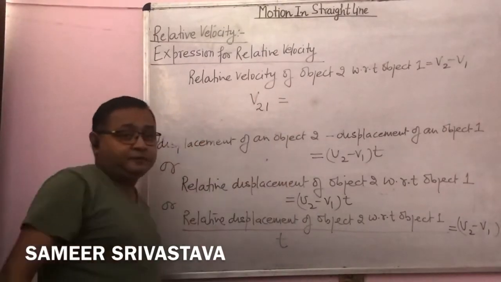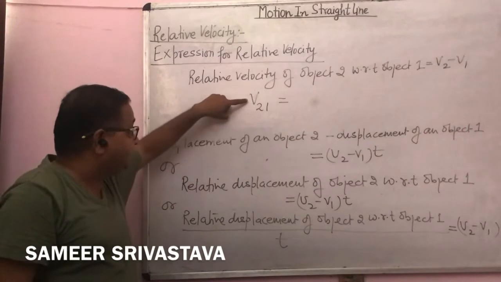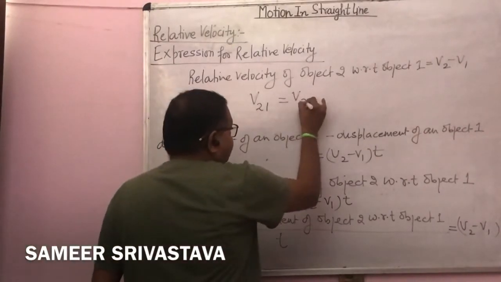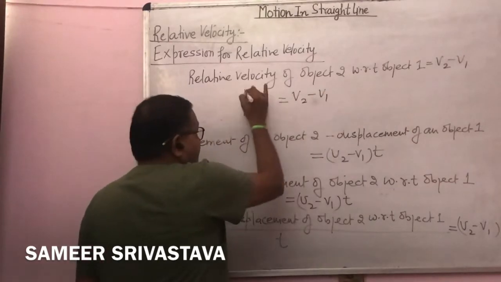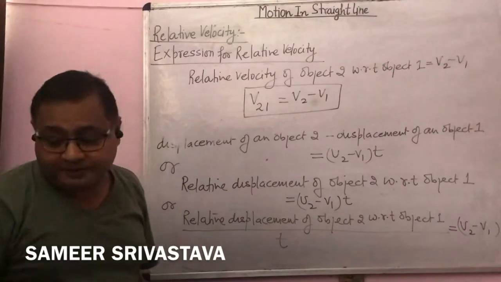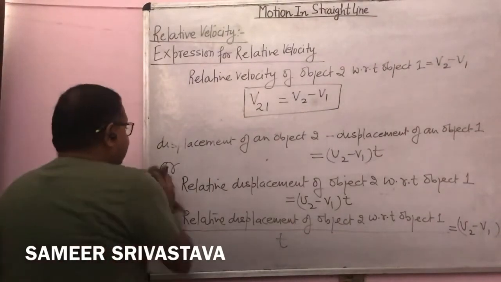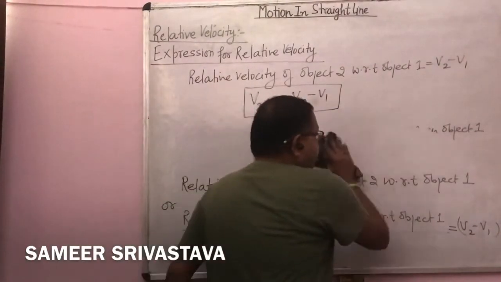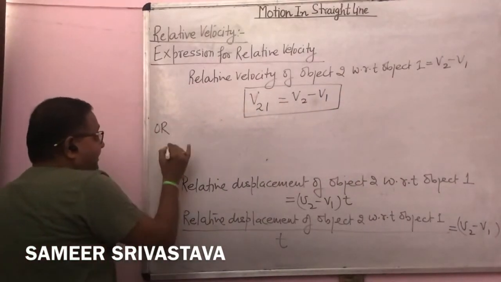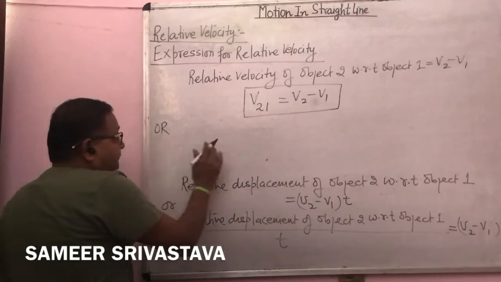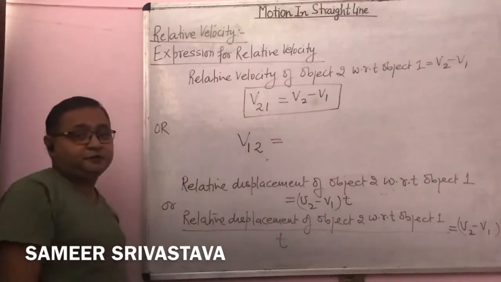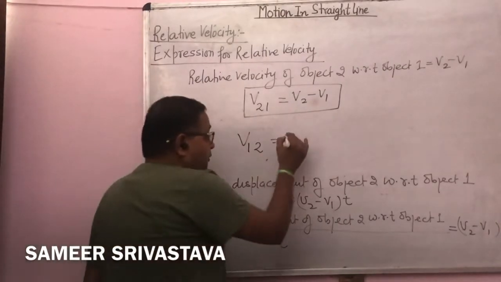What is the v of 2 1? The relative velocity of 2 with respect to 1, this is equal to v2 minus v1. The velocity of second object minus the velocity of first object. Or if you want to write the relative velocity of 1 with respect to 2, you can write